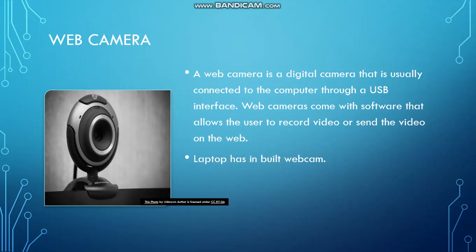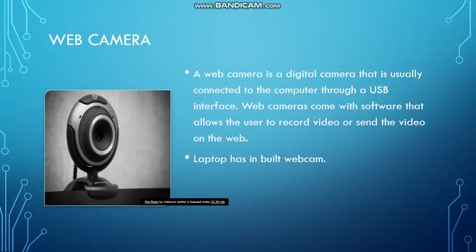Web camera. A web camera is a digital camera that is usually connected to a computer through a USB interface. Web cameras come with software that allows the user to record video or send the video on the web. Nowadays, laptops have an inbuilt web camera.